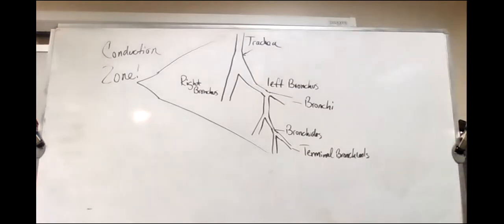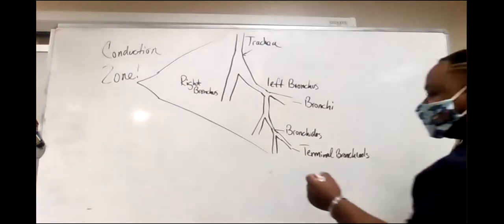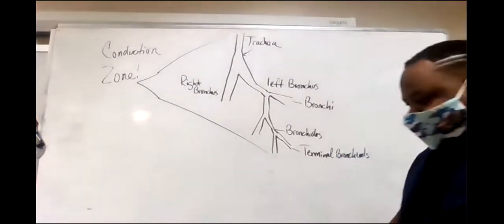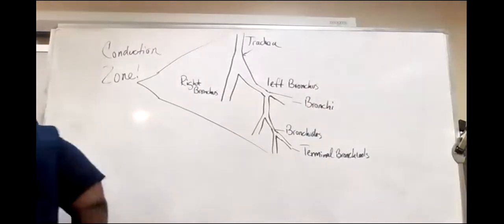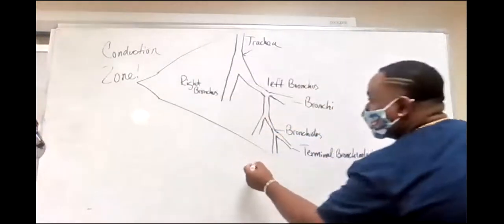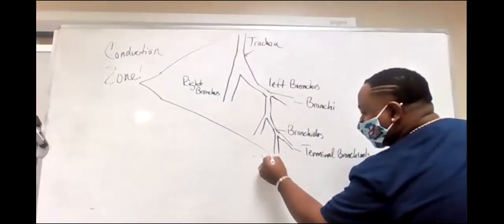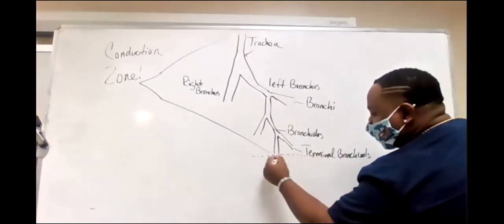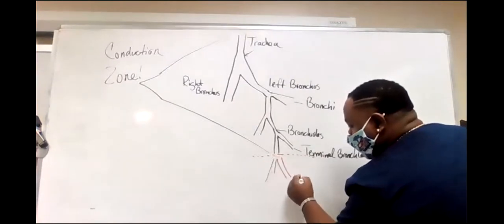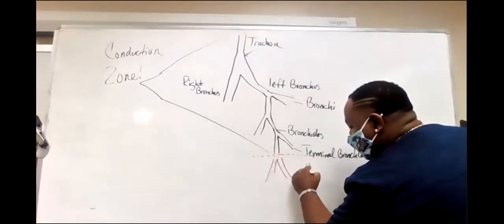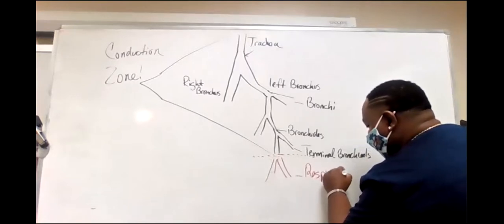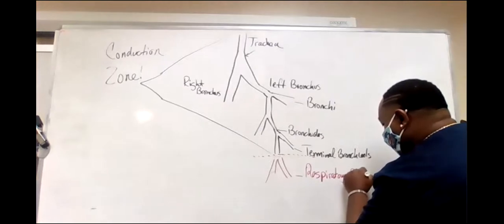Then it gets to the magic. After that, it goes into what's called the respiratory bronchioles,